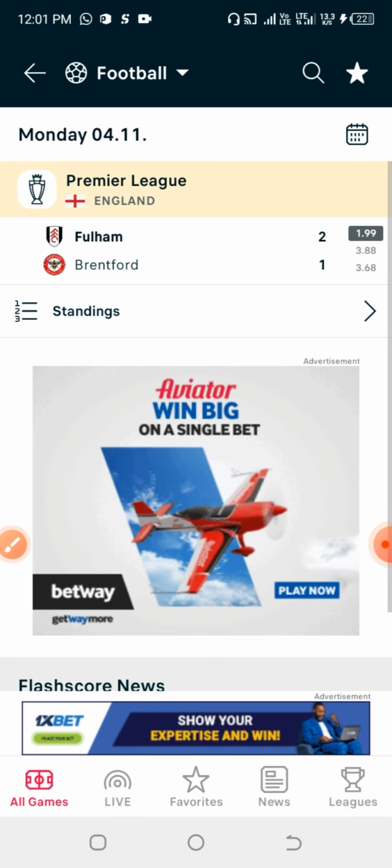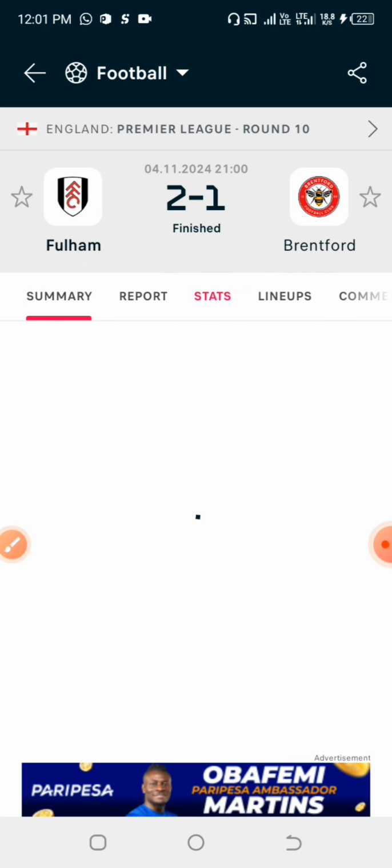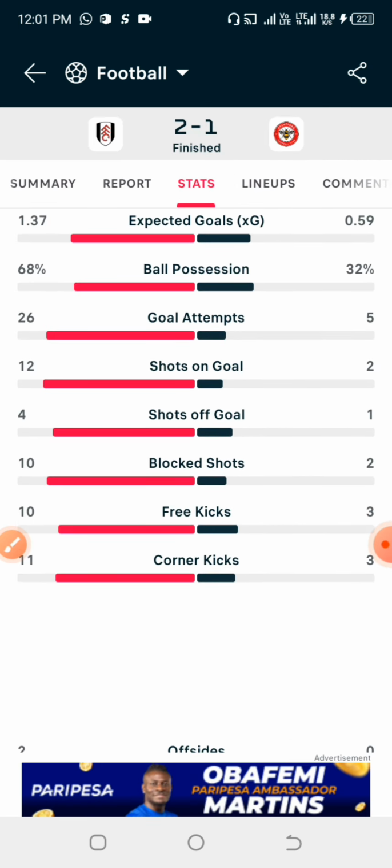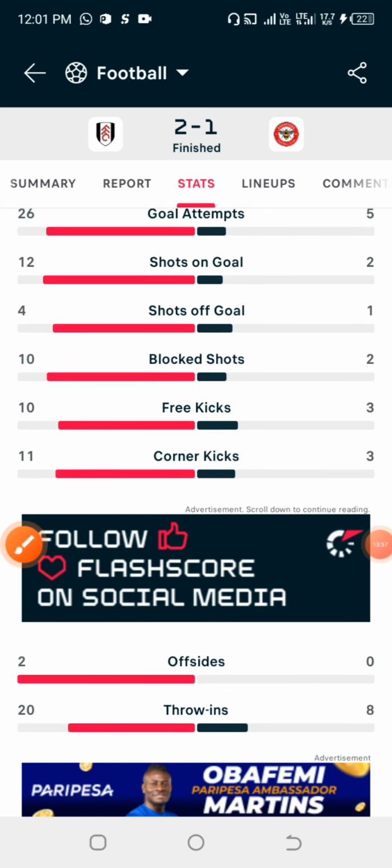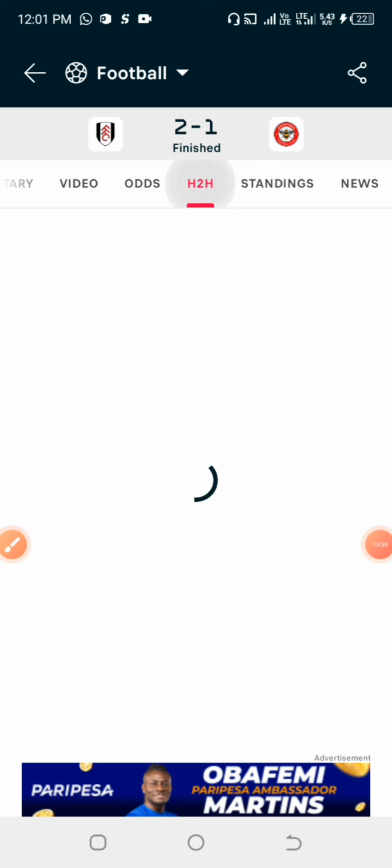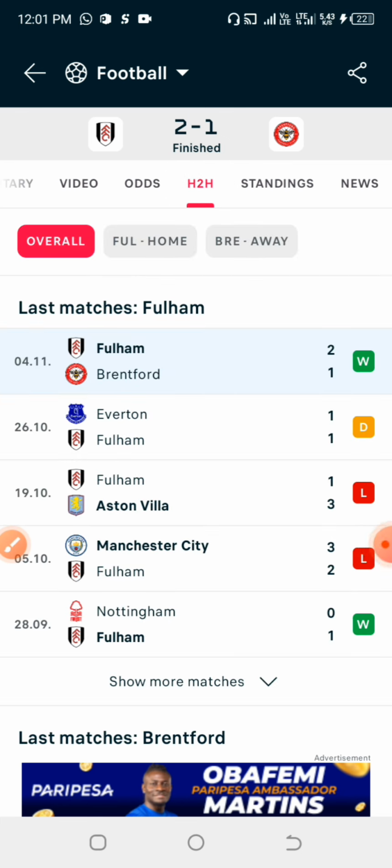Okay, let us try and check this. If we look at this particular game, it ended up in a 14 corner, 11 corners for the home team and 3 corners for the away team. And actually I'm still going to do it on games that haven't started already, but I'm just trying to